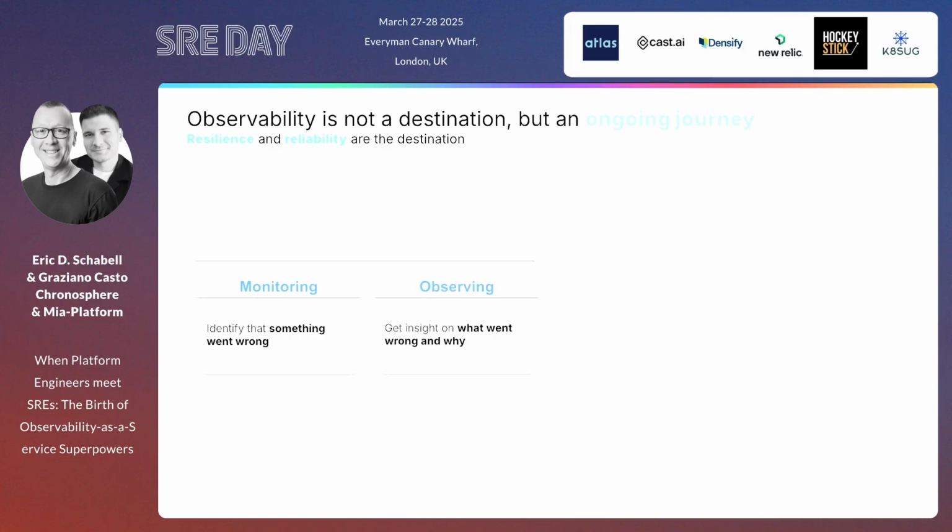So then you start to want more. You start to evolve the system to get insight on what and why something goes wrong. Sure, knowing that something is going wrong is helpful, but having a system that tells you, hey, the order service went down after 20 concurrent calls to a specific endpoint due to an out-of-memory error is much easier. It gives you much more insight to debug the system.